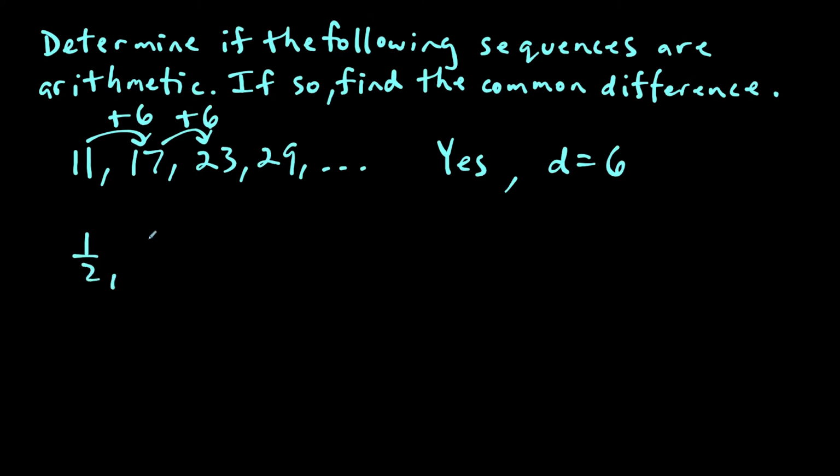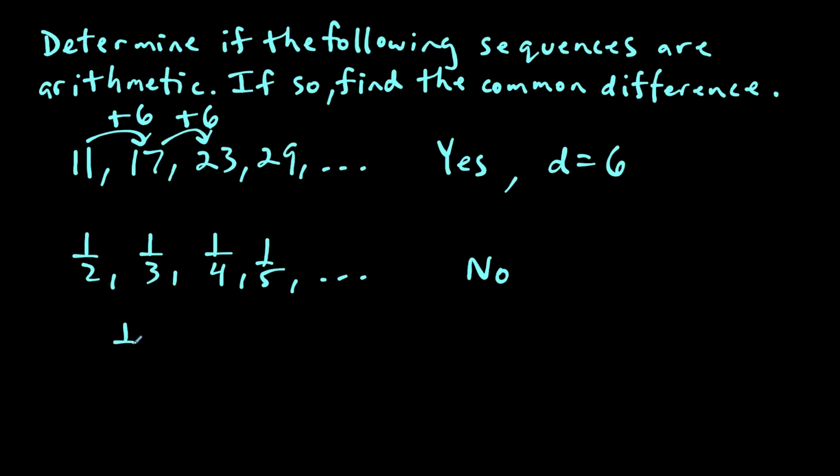Let's say I have 1/2, I have 1/3, 1/4, 1/5, and the list continues in this pattern. Well, the denominators are all jumping up by 1, but the numerators are remaining the same. So right away I'm looking at this and saying, no, I'm not adding the same amount each time if only the denominators are increasing by 1. So my first idea is that this is a no, but if I want to be 100% precise, I subtract